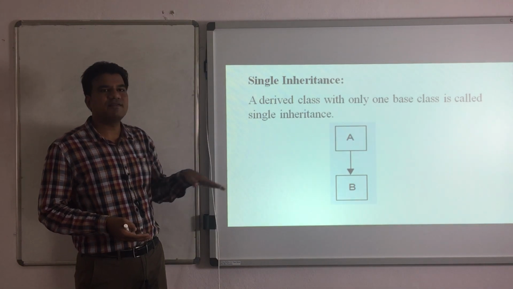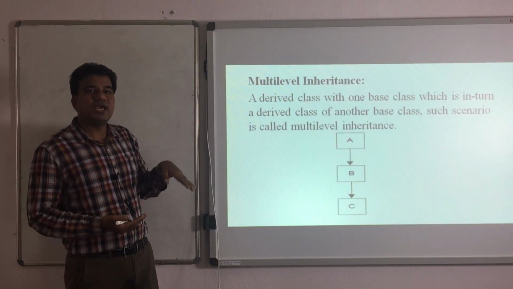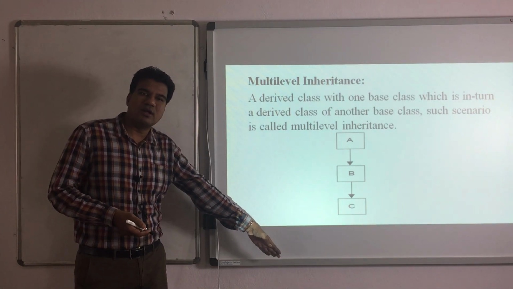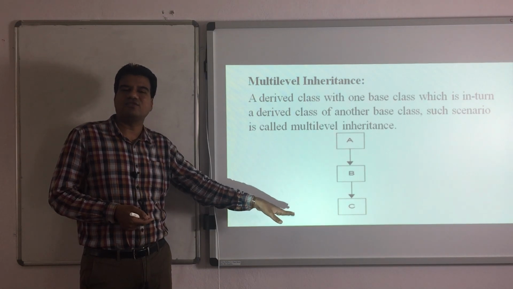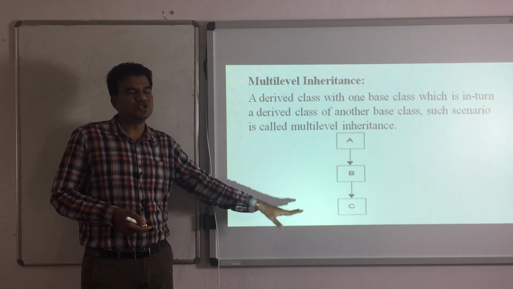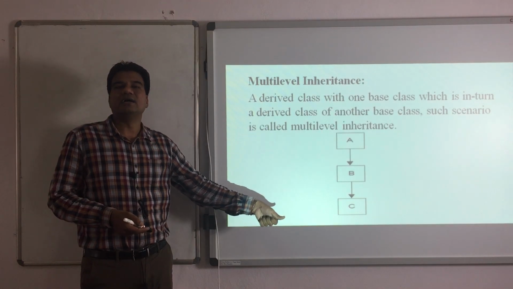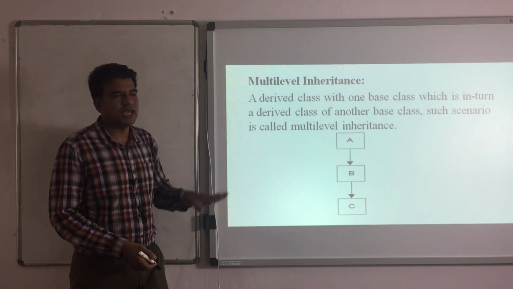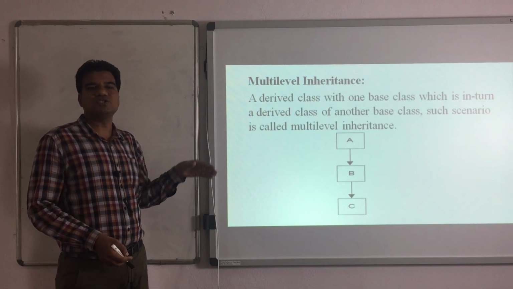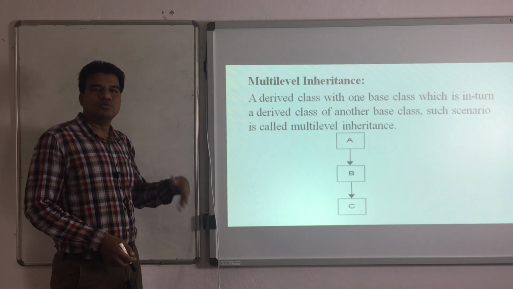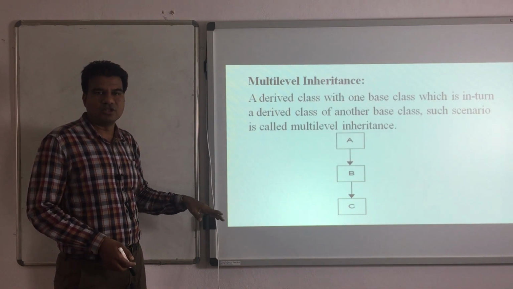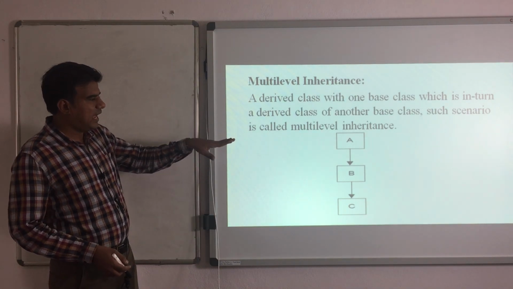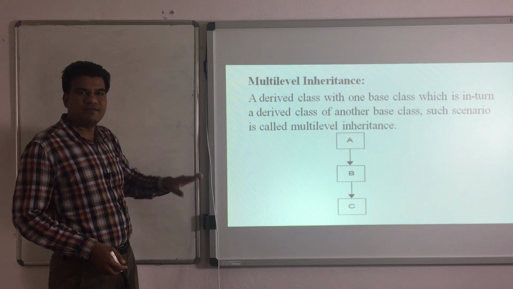Okay, then the next thing we have is multi-level inheritance. Here you can see 3 levels, but multi-level does not mean only 3; you can have more. There is no limitation that you have to stop your inheritance at that point. You can have any number of levels of inheritance like this: A to B, B to C, C to D. Likewise, you can go as far as you wish. There is no limit on that. So here I have shown up to 3 classes only. From A I have derived B, and from B I have derived C.